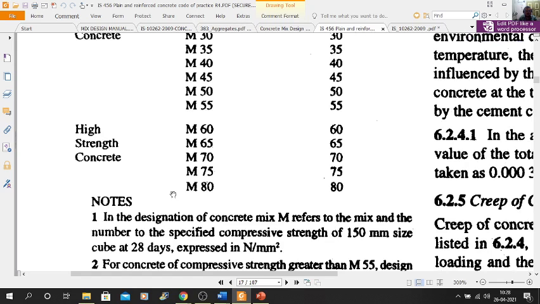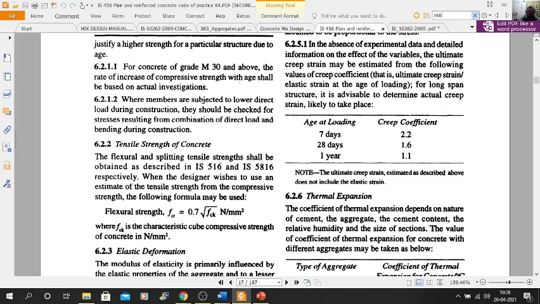So where we need the minimum cement content, this is also given in your IS code. You will search the minimum cement content. If you will get